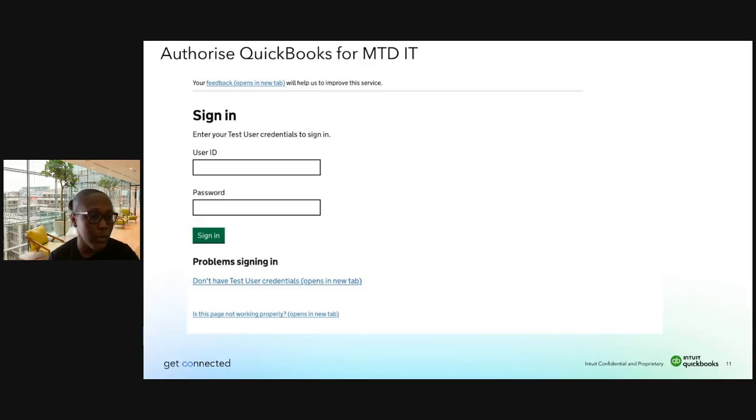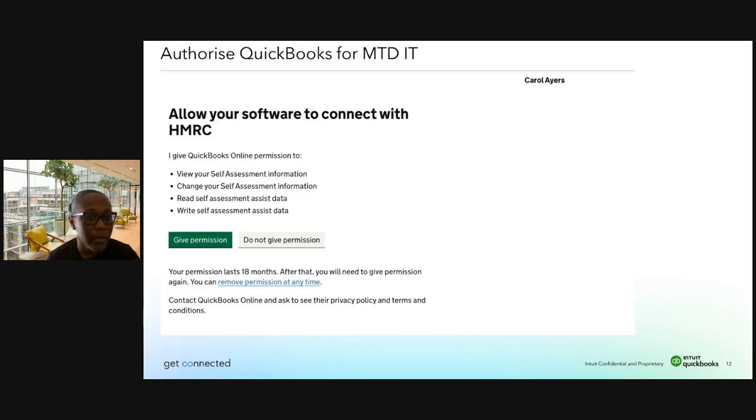In that case, you need to use your own personal login. Once you sign in, HMRC then requests that you give permission. So you authorize QuickBooks to interact with HMRC on your behalf. Once you click on give permission,